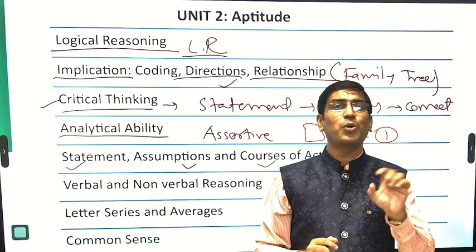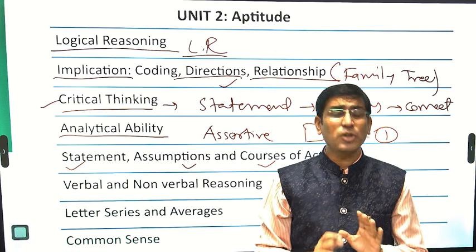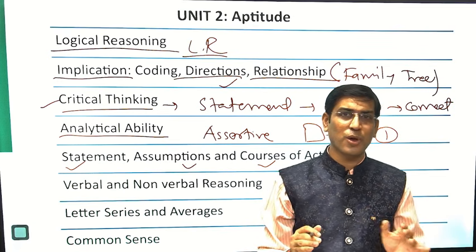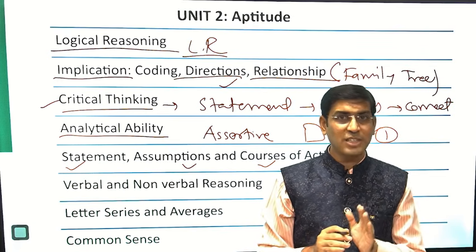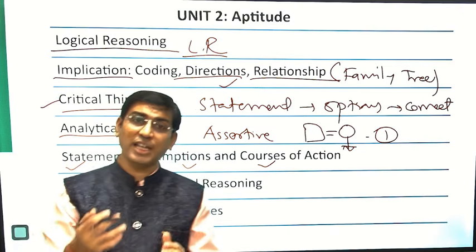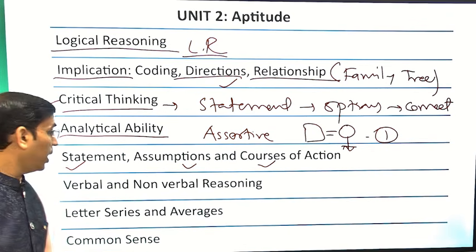Assumptions and courses of action, now one critical thing is given over there. Below that, two types of assumptions are given. One assumption could be on a positive note, while the second could be on a negative mode. So shall we opt for the first? Shall we omit the second? Shall we opt for both the things? Likewise, the questions are there.